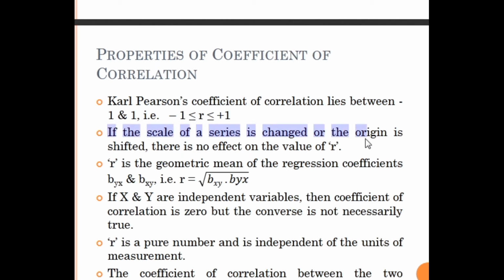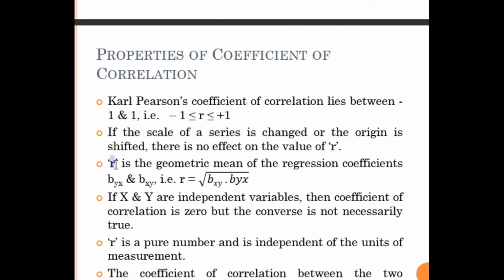If the scale of the series, whatever the variables given in the problem, say for example 100, 200, 300, like that, then for 100, 200 you take only 1, 2 and remove the two zeros. You can change the origin of the values. The original values can be changed, right? So that is this point. Scale can be changed, origin can be changed. If the values are 1000, 2000, 3000 up to 5000, so all the values have a difference of 1000, then you divide all of them by 1000. Then you will get 1, 2, 3, 4, 5 like that.